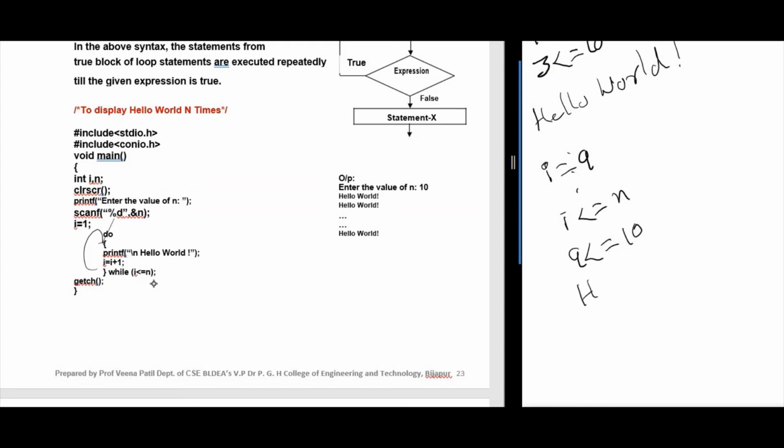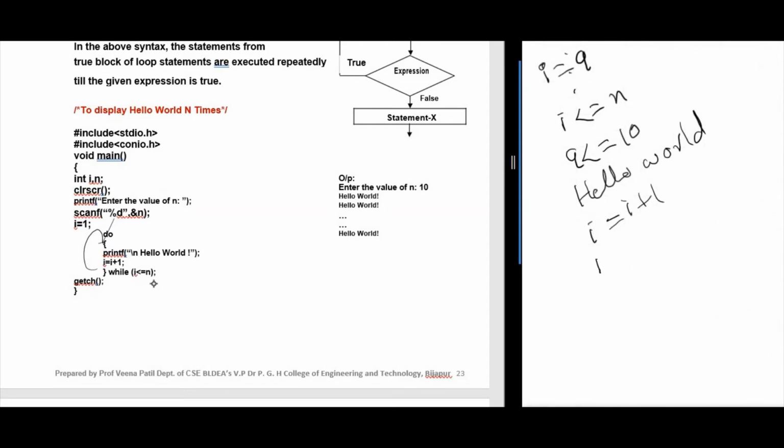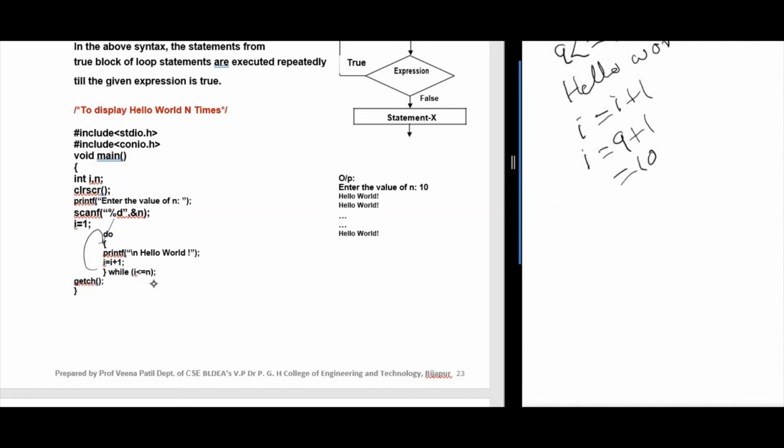Now it will print hello world. Then it will increment I value. So I now becomes I is equal to 9 plus 1. It becomes 10. Then it will check, is 10 less than or equal to 10? Yes, it is true because we have put here equal to symbol, right? It is still true. So it will repeat the loop. It will print again hello world,